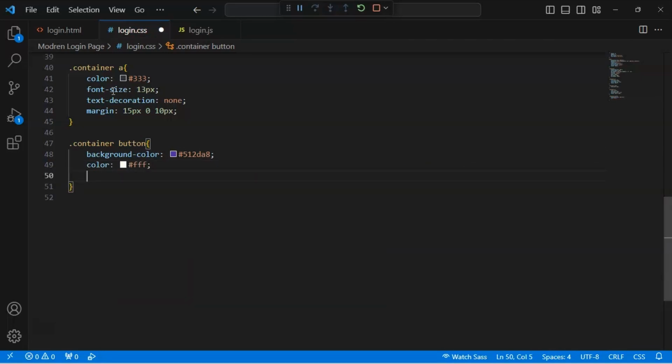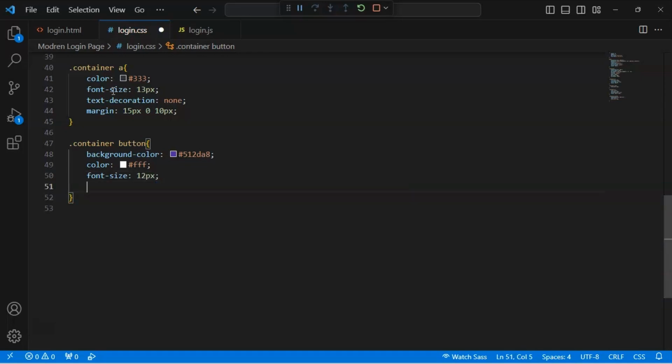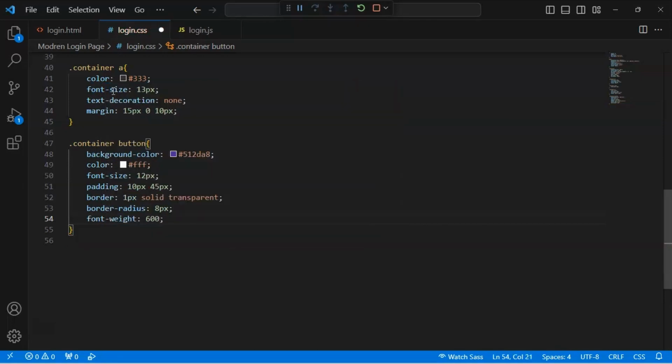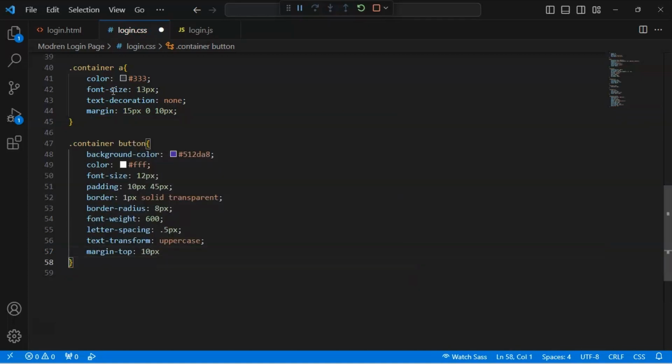Okay, now select color #FFF, font size 12 pixel, padding 10 pixel 45 pixel, border 1 pixel solid transparent, border radius 8 pixel, font weight 600, letter spacing 0.5 pixel, text transform uppercase, margin top 10 pixel,